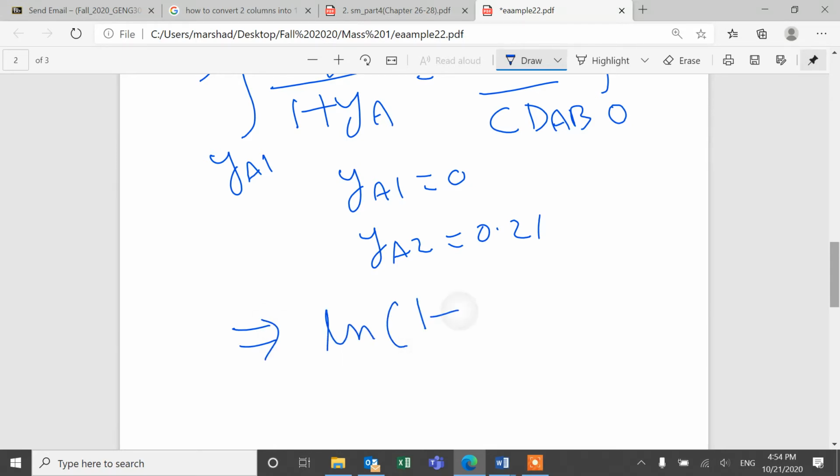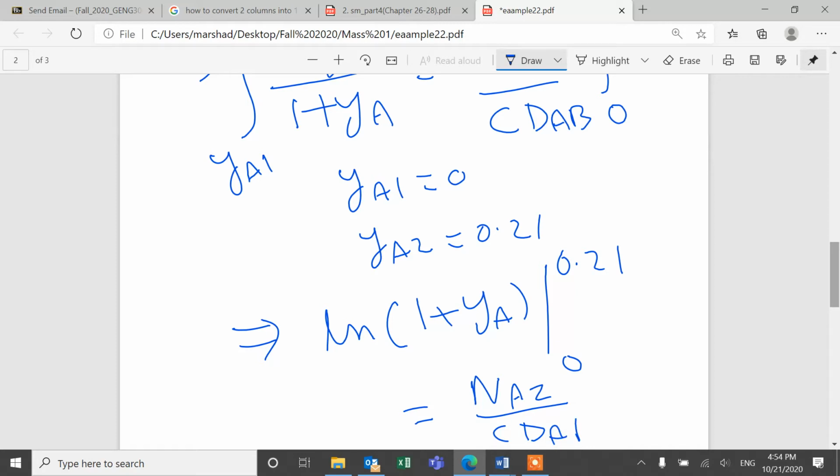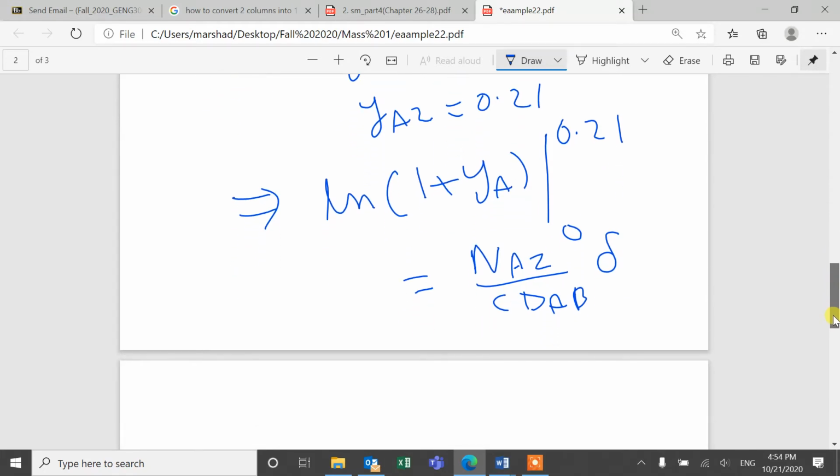ln(1 + yA), limit is from 0 to 0.21, equals NAz is constant divided by C DAB delta. Okay, so we have to find the NAz. So NAz is basically C DAB